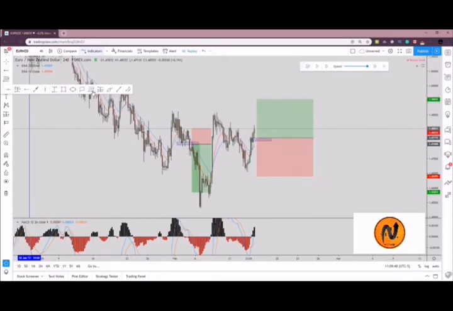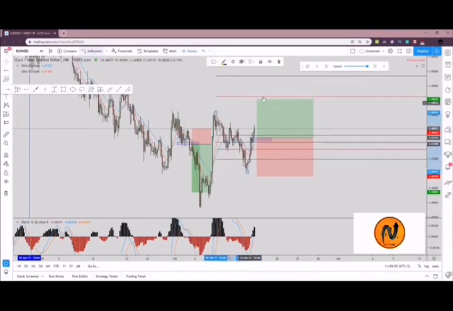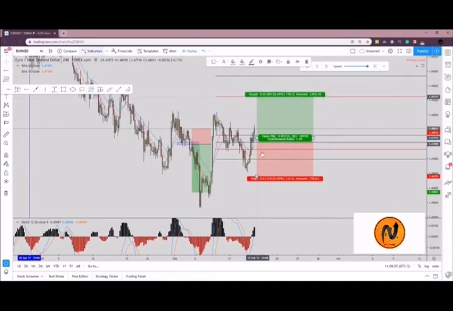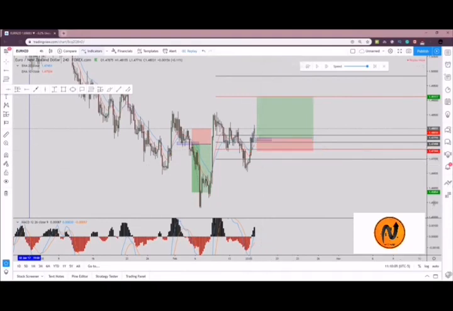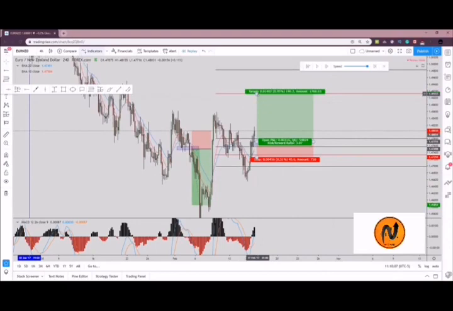And what about the target? Now in this case, since from the weekly we want to see much continuation to the upside, we can be taking the second target. So instead of taking immediately the -27, because obviously we will never get a 1, 2, 3. To get a 1, 2, 3, we should basically use a very, very conservative stop loss, very, very tight, which is obviously something we don't want to do. So since from the weekly we expect a big push to the upside,